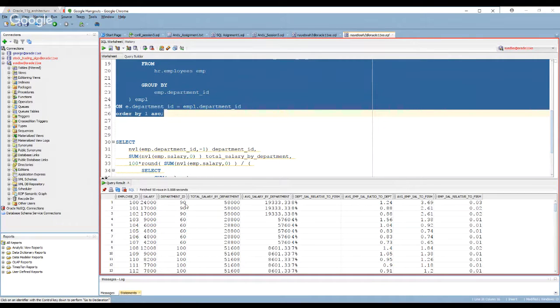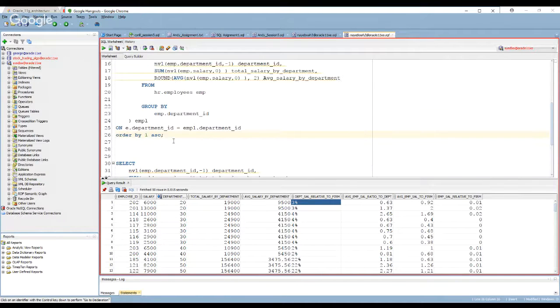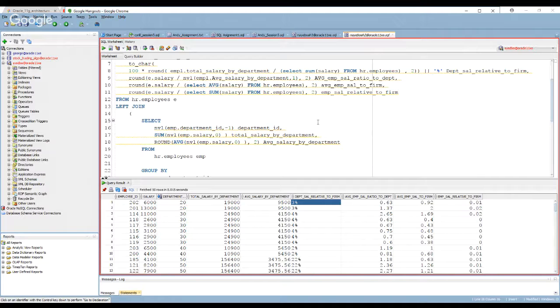So let's sort this by department ID. Right, so we see the 19,000 and we see the 3%. So your output is actually correct. What I'm highlighting is that because you lumped them up, if you give me the report, I'm going, this is not what I asked you to do. But I understand what you're trying to do, to lump the solutions together. That's the kick I'll have against your approach, but otherwise, I think it was pretty well done.